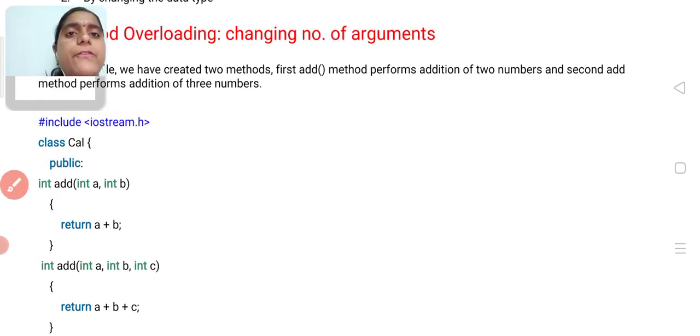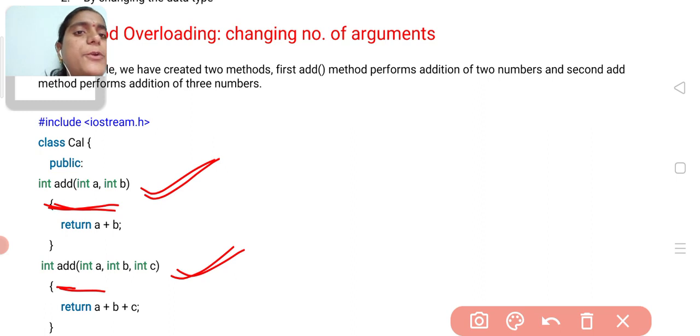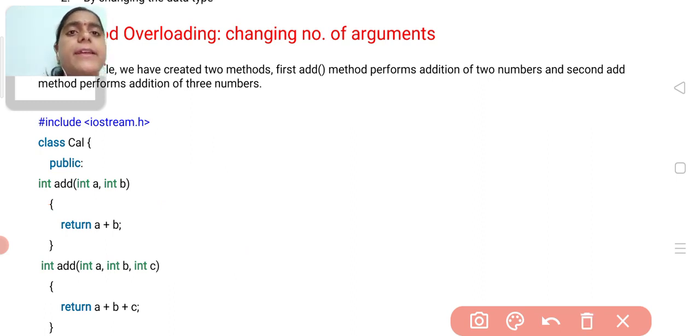First our program starts. I have taken one header file, that is #include <iostream.h>, because I am going to represent method overloading in C++.